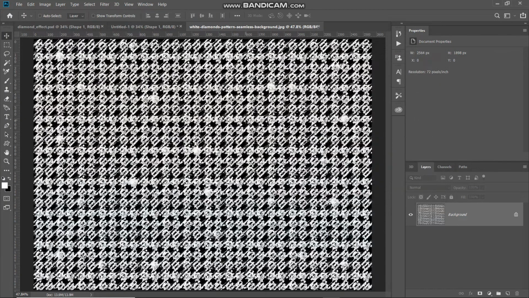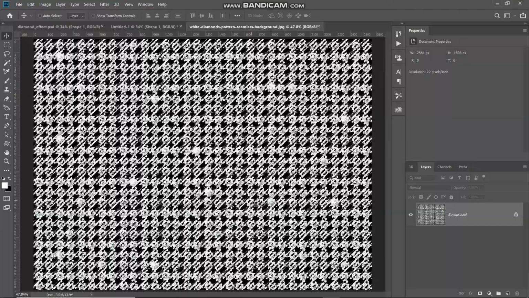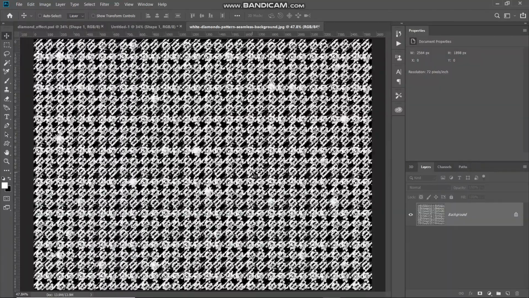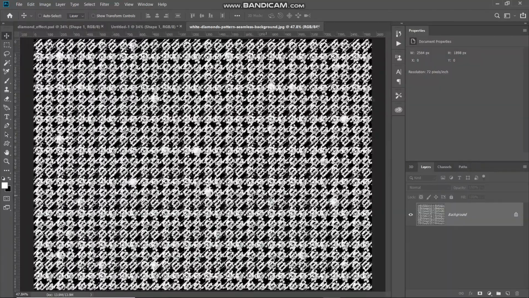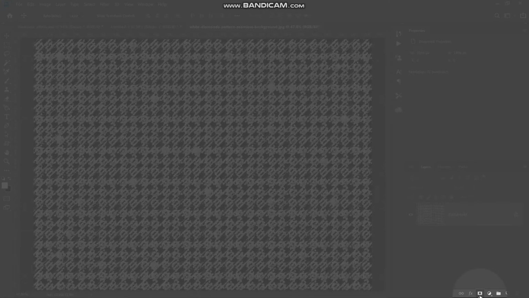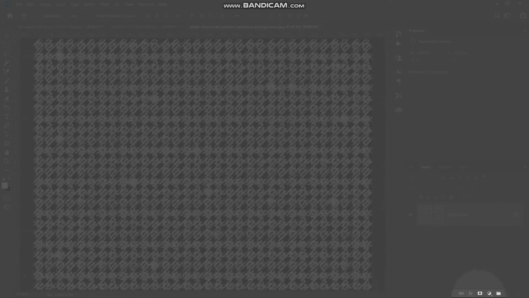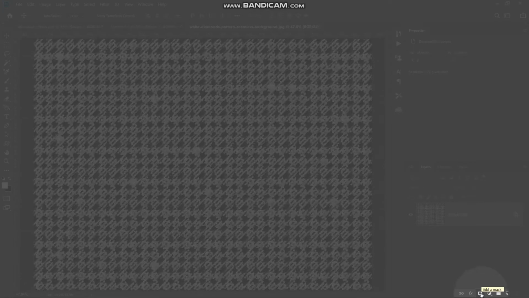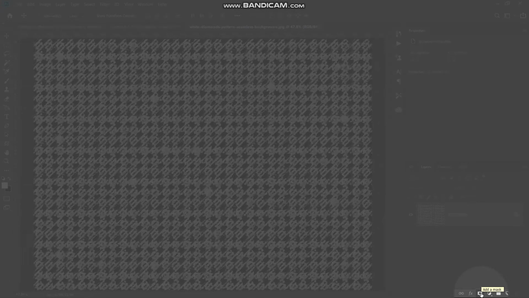After that you need to make sure that you click on this invert checkbox and then you need to click on OK. So now as you can see, once you have clicked on OK, you have the selection of all the diamonds in the image, leaving out just the black portion in the image. Now after that you need to click on add layer mask icon, which will only keep the image which is inside of the selection, that is diamonds, and hide the rest of the image which is black portion of the image. So let me just do that.